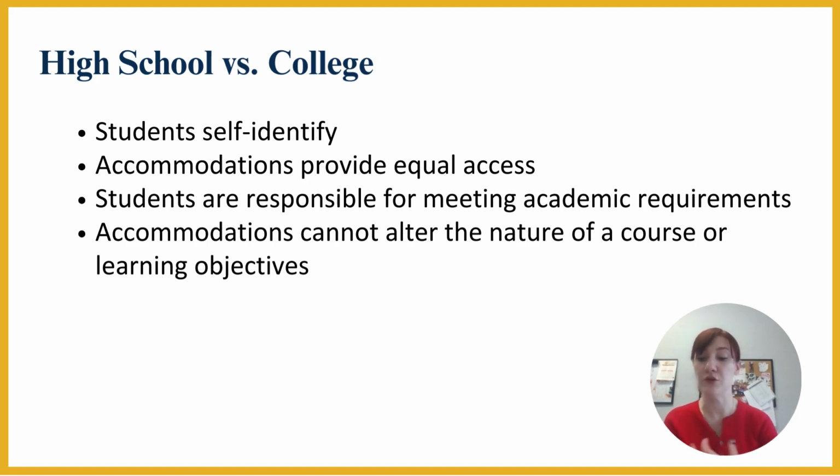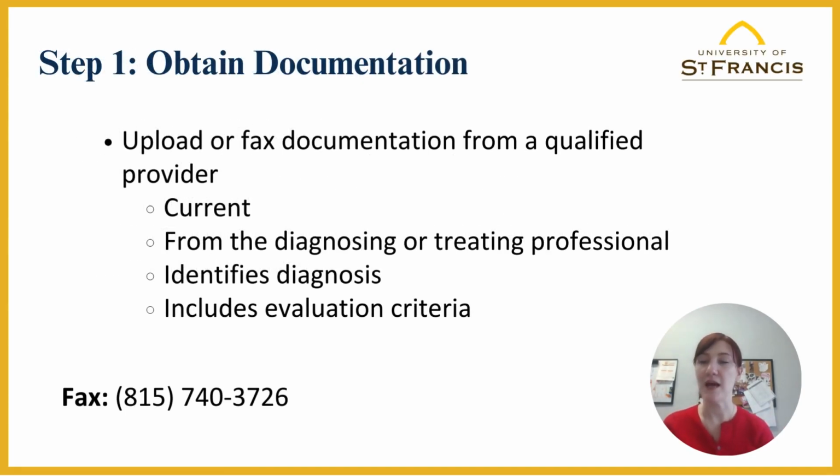Accommodations are intended to allow students with disabilities equal access to programs and opportunities, the same as their non-disabled peers. However, these supports do not necessarily guarantee success within a program. Students are always accountable for meeting the academic requirements of a program or course. The first step in the accommodations process is to self-identify, or to contact the Office of Accessibility Services at the university to indicate that you have a disability-related need.